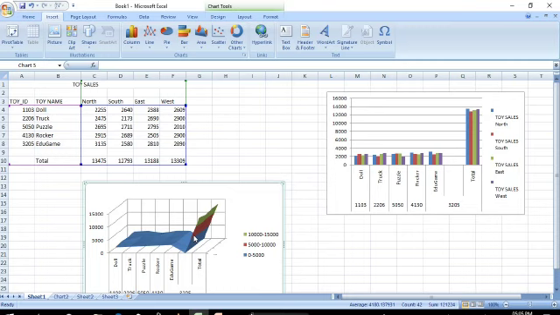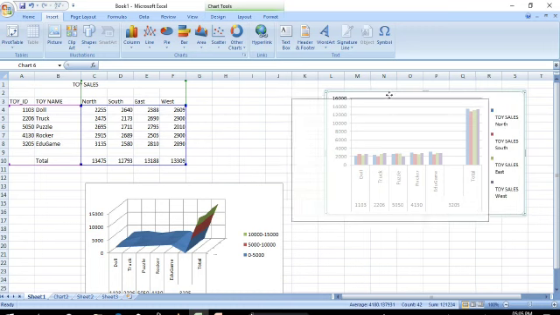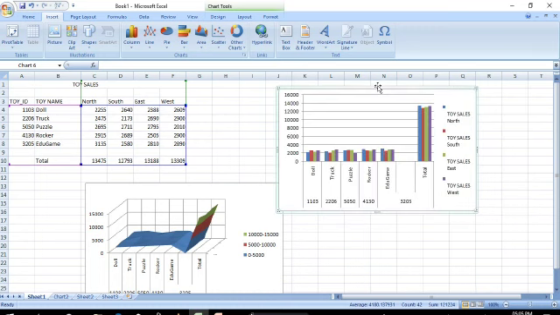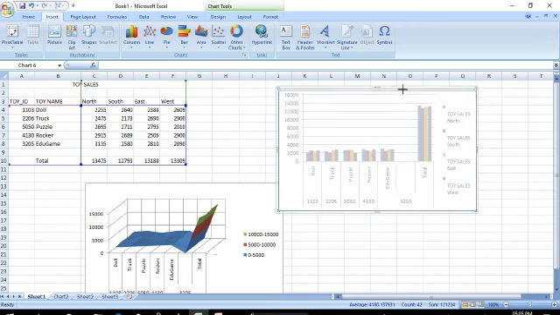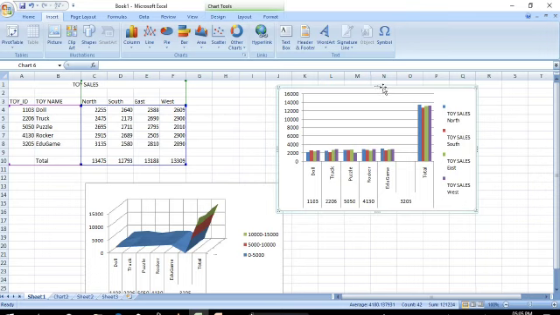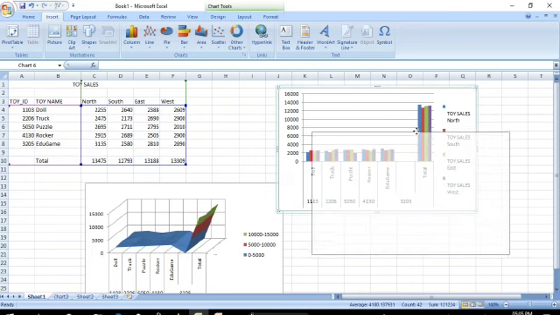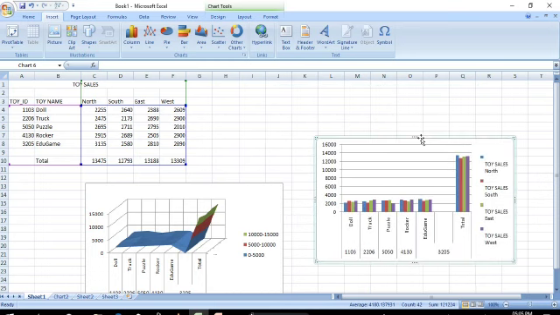Now I will show you how to select the chart. Just click inside the chart. Inside the chart area, the chart will be selected. Then you place the mouse pointer on the border of the chart. The arrow will change to a double-headed or four-headed arrow. You just move it to the desired location to move the chart. Okay, see here, place the mouse pointer here. The mouse pointer has changed to a four-headed arrow, then you drag it to the desired location. This is the way to move the chart.